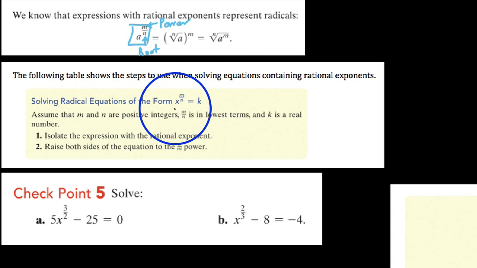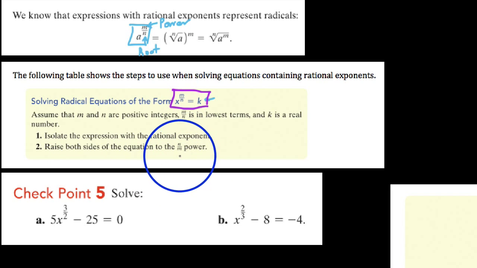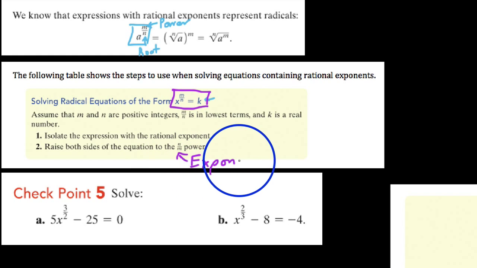So we say solving radical equations of the form x to the m over n equal to k. We're going to assume that m and n are positive integers in lowest terms. That is, they share no common factors, but we also say that k is some real number here on the right side of this equation. If that's the case, basically what we're going to do is isolate the expression with the rational exponent, which, as you look at this right here, this x to the m over n is all by itself on the left-hand side of this equation. And then we'll raise both sides of the equation to the n over m power, or what we're going to do is exponentiate both sides